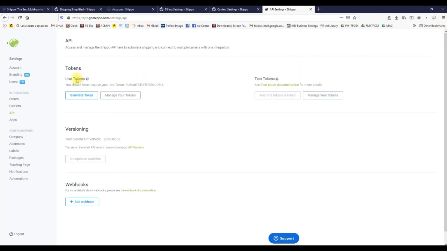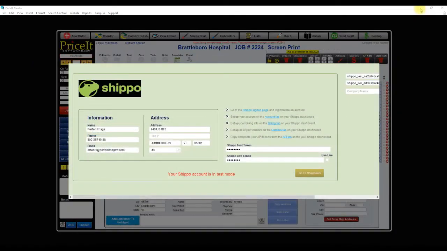There's two things: live token and test token. You want to get your test tokens as well as your live tokens, and they'll go into this information here. And then you can begin testing it and using it. When you're happy with the results and it's working the way it's supposed to, you'll want to click on the use live, and then it will go forward from there and will no longer be in test mode. So I'm going to go back to shipments,